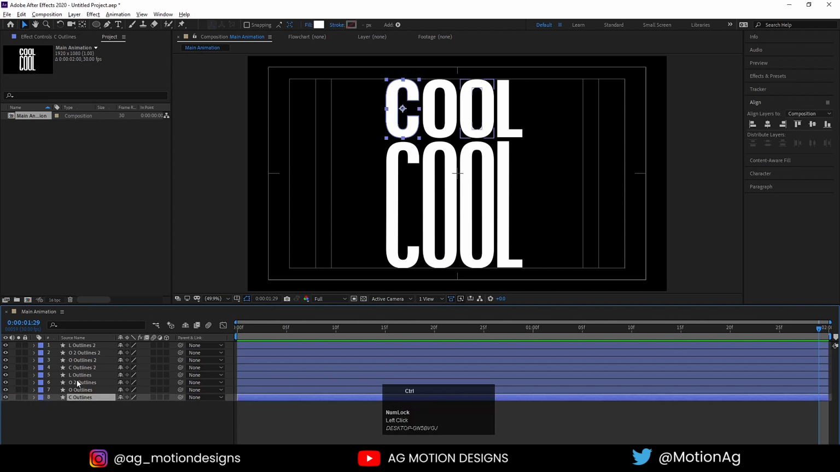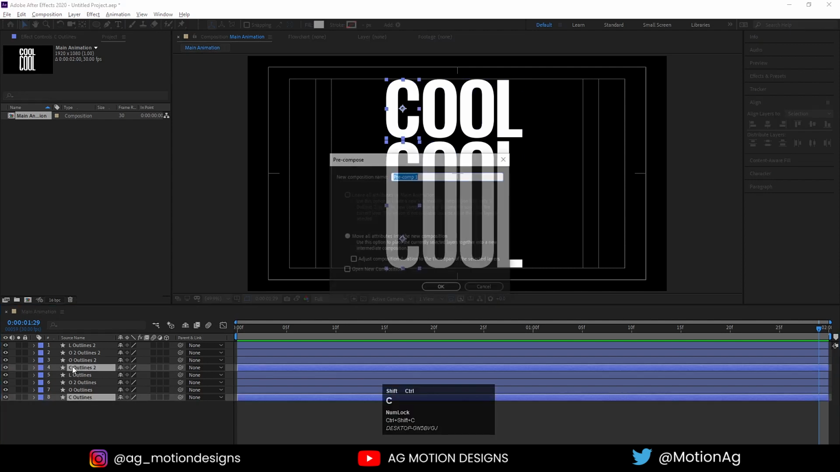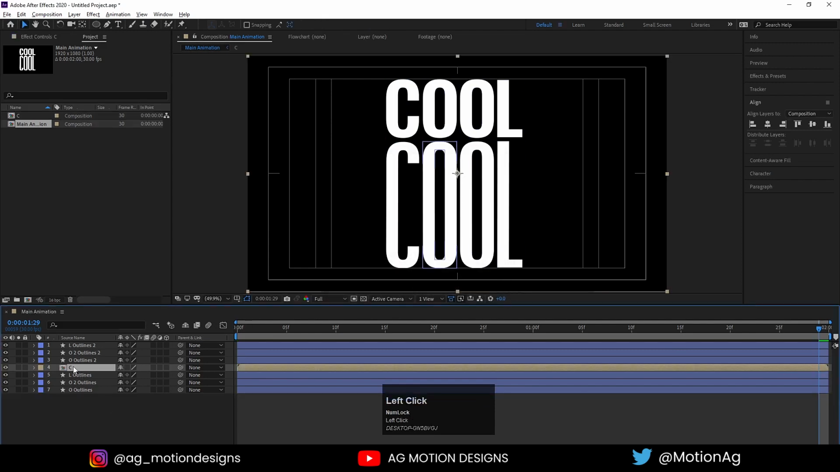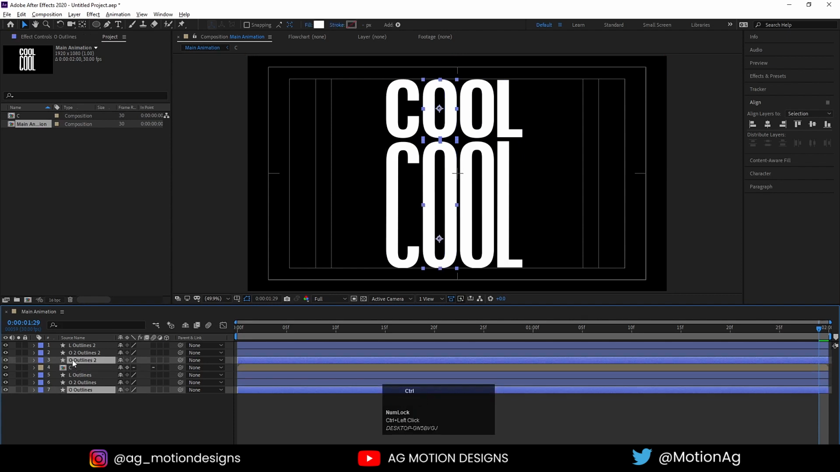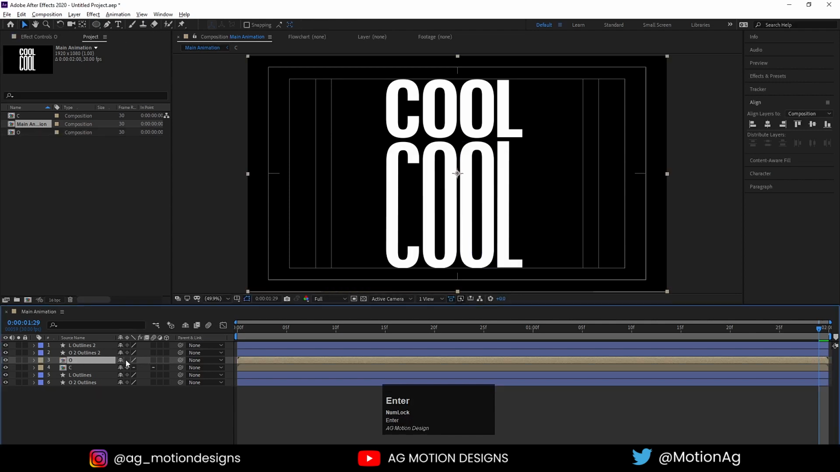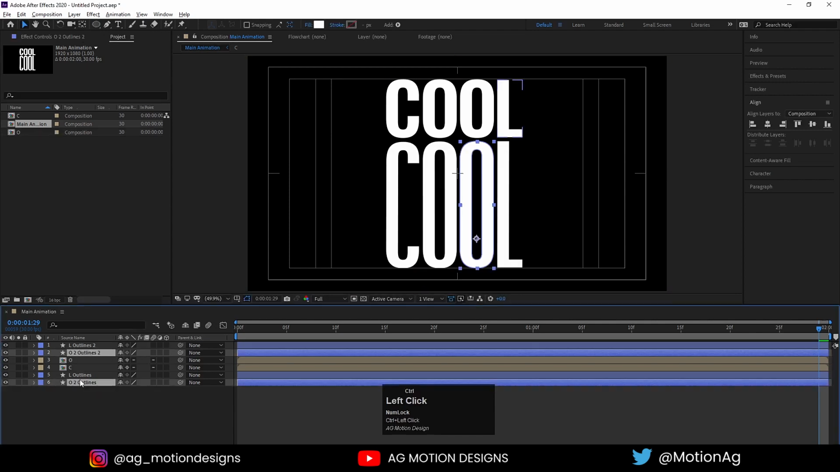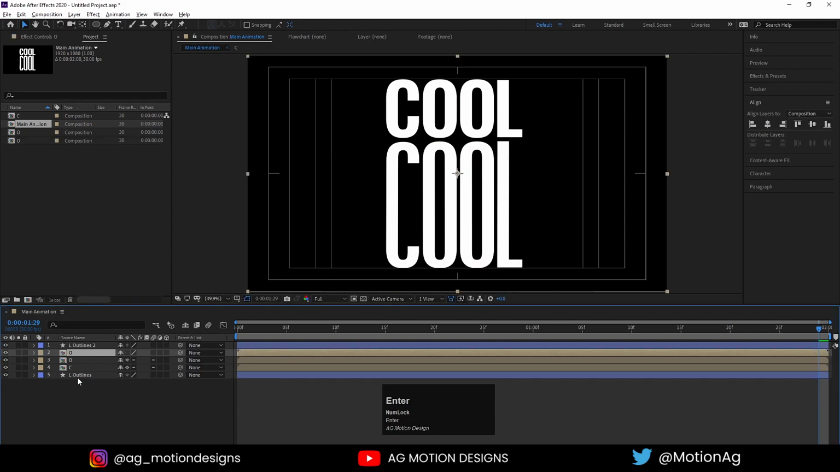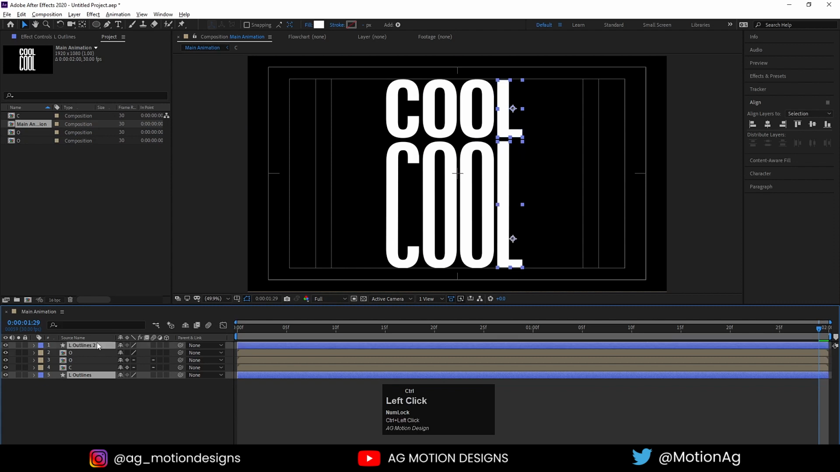We will select this C and this C. Press Control Shift C and I'll name it C and hit OK. So it will create a pre-comp for this one, and make sure you're enabling this option. Now after that, select this O and this O, Control Shift C. I'll name it O and hit OK. And we need to follow the same procedure for this O also and all the L's also,